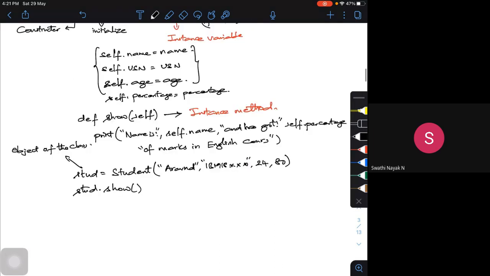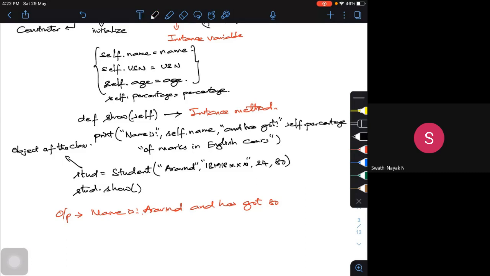The moment I run this code, the output will be, so I have to get the name is, okay, only one particular thing. So name is Aravind, okay, and as got 80, so it has got 80, so I have to do 80% of marks.